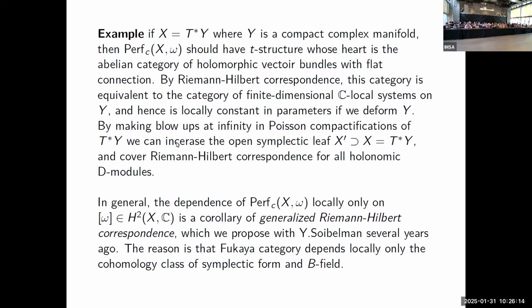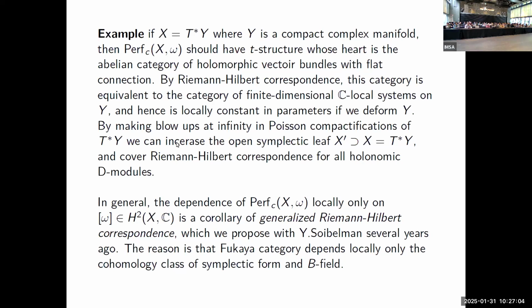this story talks not just about connections, one can do certain tweaking for all holonomic modules. Namely, you consider a Poisson compactification of the cotangent bundle, and now start to make some blow-ups which still keep the variety Poisson. It's a very restricted amount of blow-ups you can do, but in low dimensions it is easy to analyze, and it's plausible in high dimensions that one can make blow-ups in such a way that the open symplectic leaves will increase. It will be the cotangent bundle, but you add some exceptional divisor to it, so it will now have a non-trivial class of the symplectic form. Before it was 0 plus